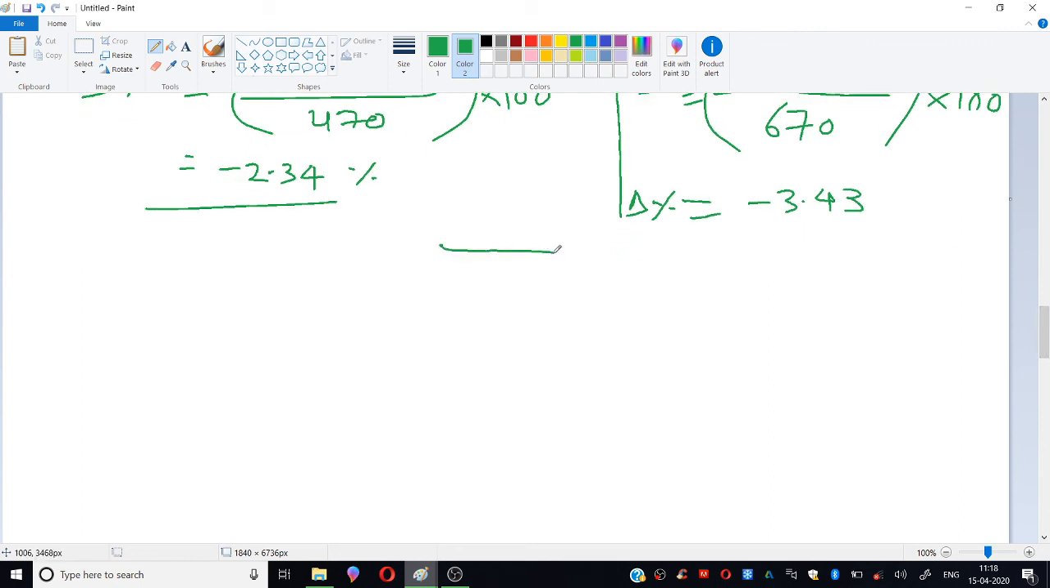Now the last point is the limits of deviation. So for limits of deviation,